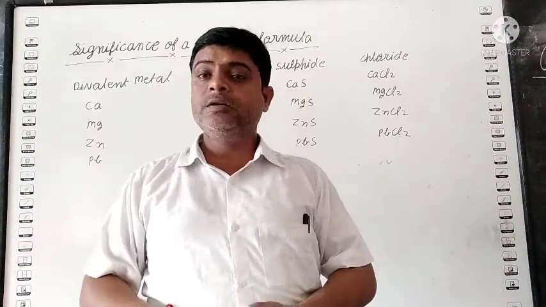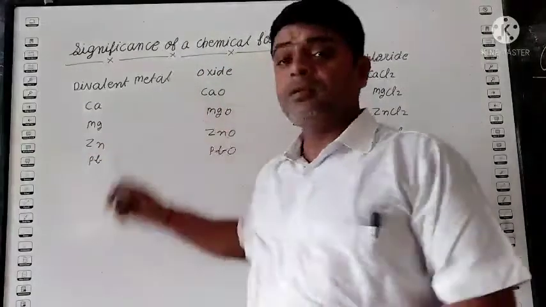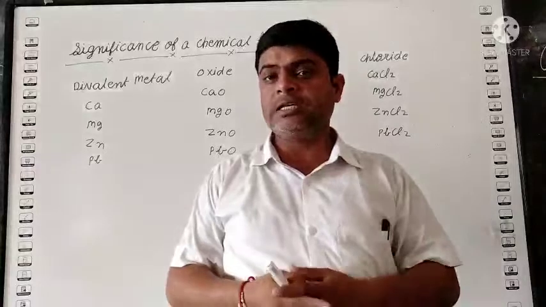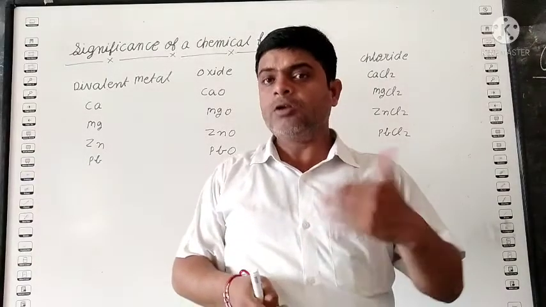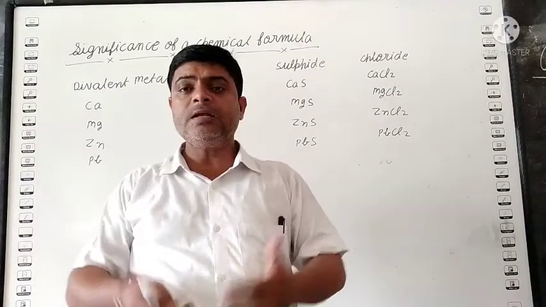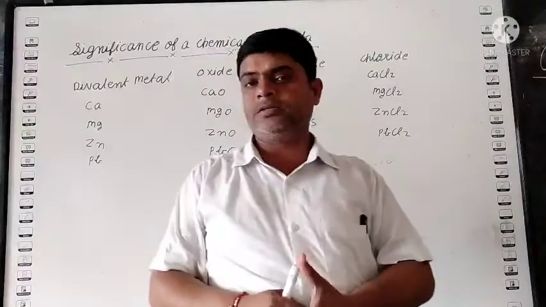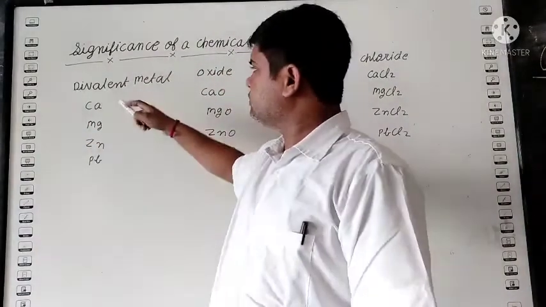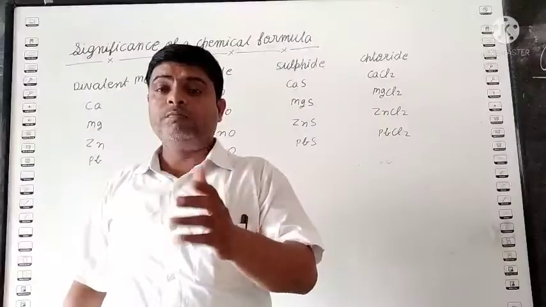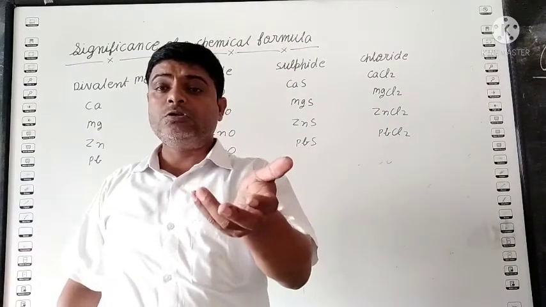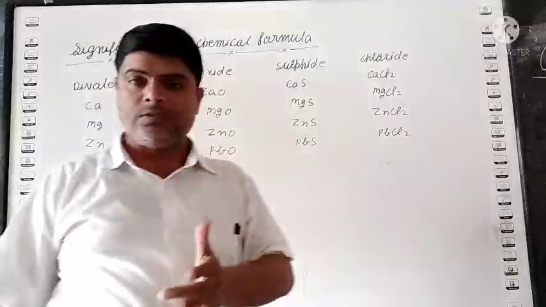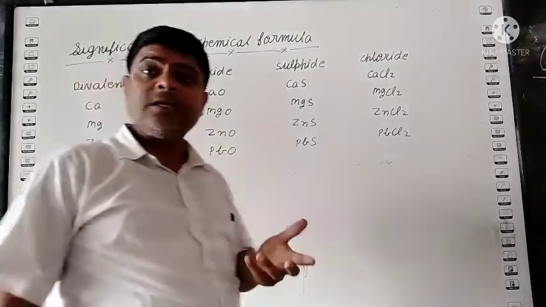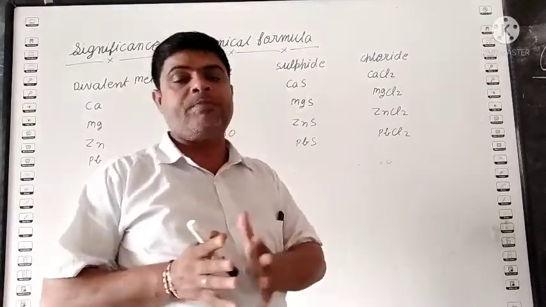Okay? Next one, student, is divalent metals. Do you understand metal? What is a metal? Metal loses electrons and contains a positive charge, except hydrogen. Metal loses electrons and contains a positive charge, and non-metal accepts electrons and contains a negative charge. So don't forget. Divalent means di means 2. When you know a metal contains a positive charge, the metal which contains plus 2 charge is known as a divalent metal.